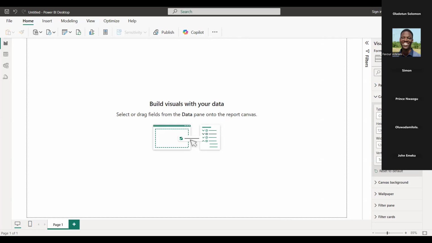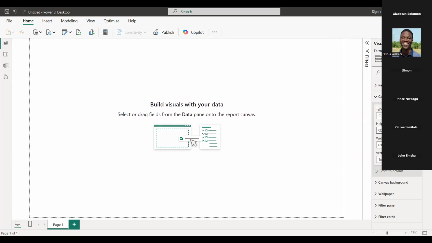You see, we have these two buttons. You can increase the height as you deem fit. I'm just going to increase the height a little, and then I'm going to try to expand the width as well. Please take note, just try to be observant, and you'll see that the dotted lines are gradually adjusting as I'm increasing.